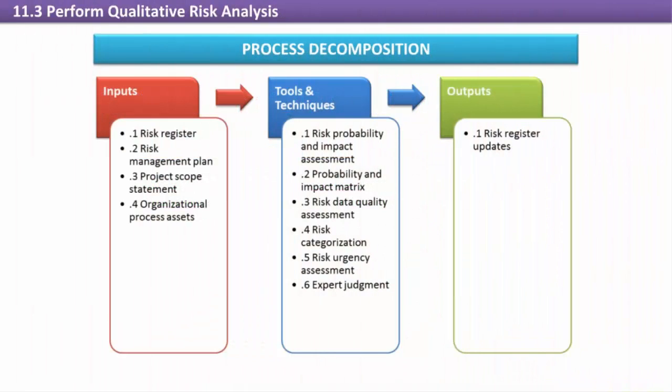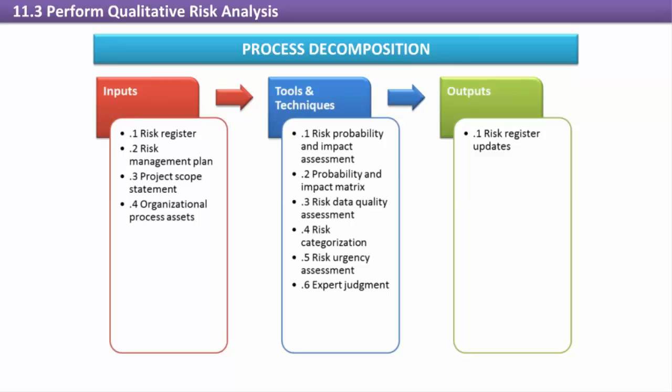Perform qualitative risk analysis. Perform qualitative risk analysis follows risk identification, and it prioritizes risks based on their likelihood of occurring and their potential impact to the project objectives. Prioritization is needed because risk identification uncovers a large number of risks having at least some potential to influence project objectives. However, many of those risks will be of such a low priority or have such a small impact that it is not cost-effective to address them, so qualitative analysis allows the project team to focus on the most important